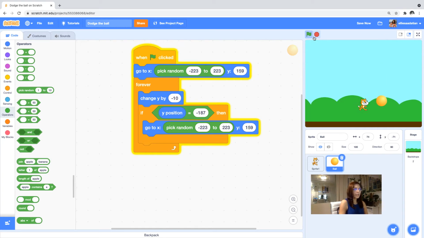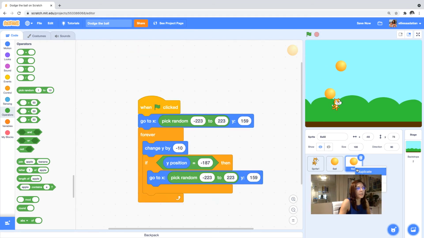So let's play the game a little bit. I can go left and right. So two things we should do is, one is the counting the scores, or like some criteria for finishing the game and gaining points. Also, one more thing, let's have more balls, which I can do simply by duplicating and duplicating. So the more balls, more challenging,